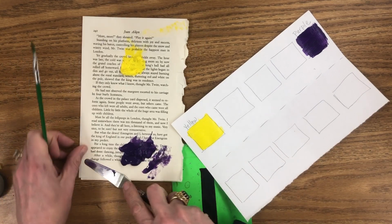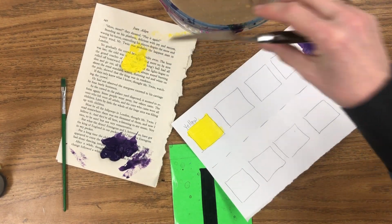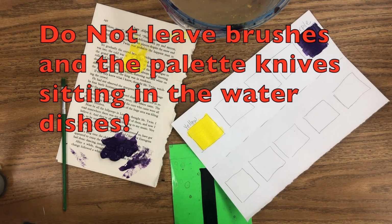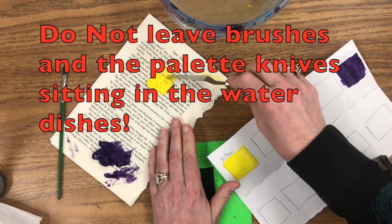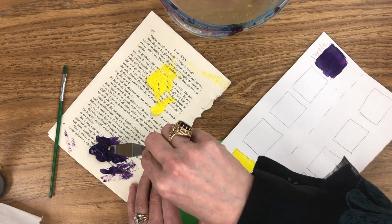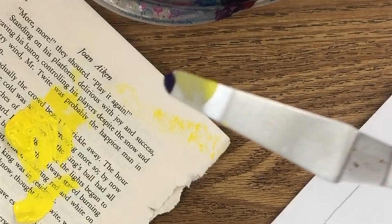Okay, I need to get a paper towel is what I really need to get. Okay, so I just dipped my palette knife in the water for just a second so that I could get the rest of that purple off, because I don't want it to contaminate my nice pile of yellow. So I'm going to pull kind of a biggish glob of yellow, and I'm going to add purple to it, and I want a super small amount